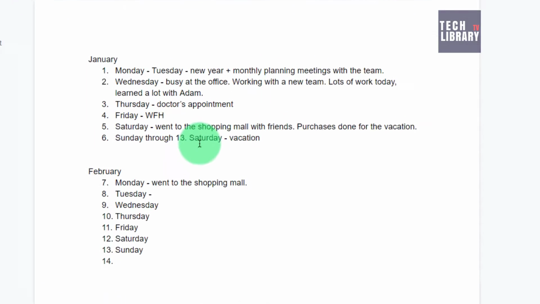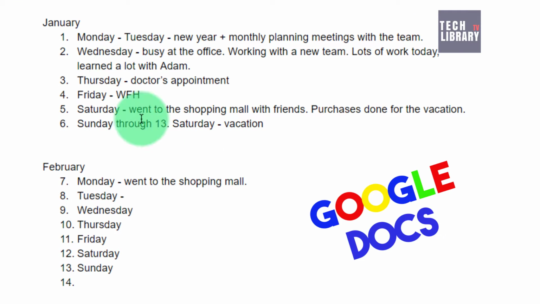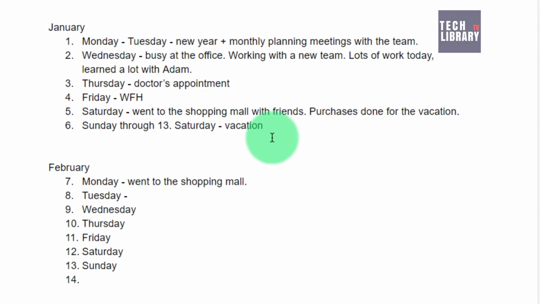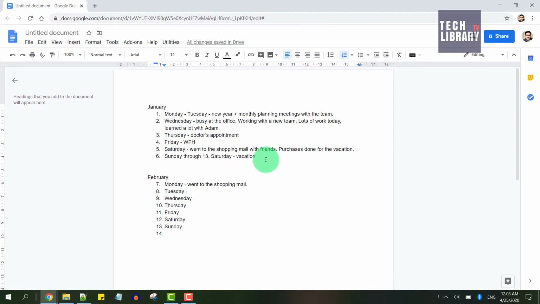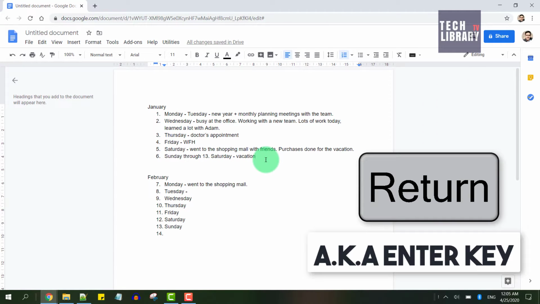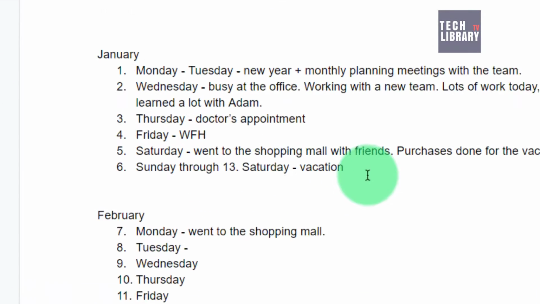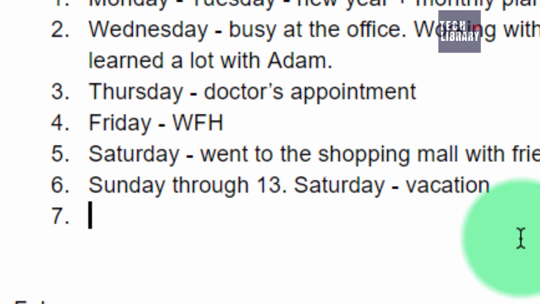There would be times where we want to reorder the numbers in this ordered list in Google Docs. So here's what happens when we hit the enter key after the row which says 6. It automatically says 7th, whereas for this particular scenario I would like to get 14 instead of 7. So how to get that?